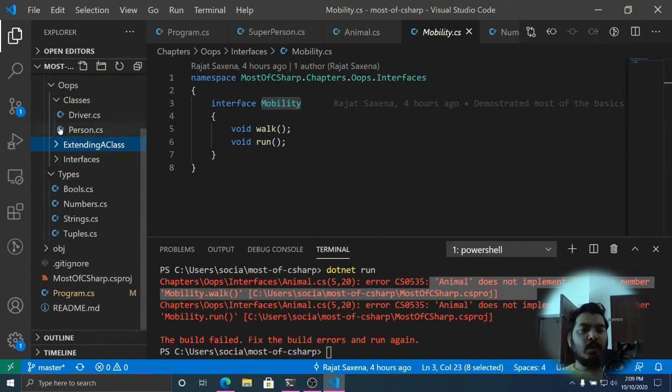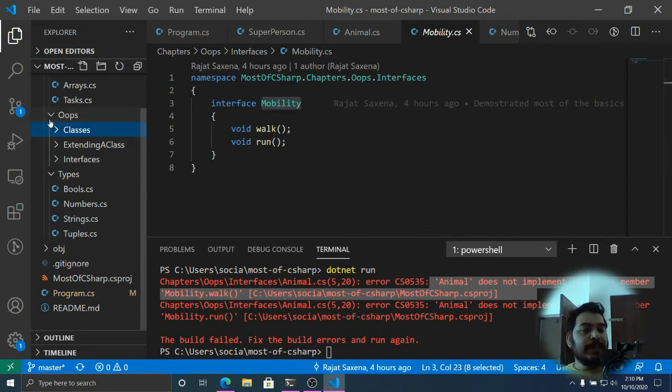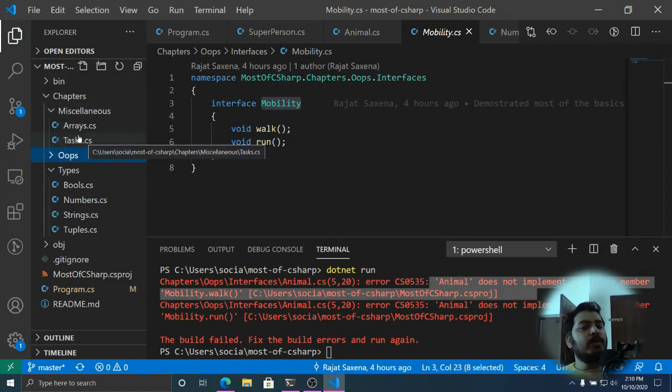So with this knowledge, you will be able to create classes, create interfaces, and create child classes, and do various stuff that is related to object-oriented programming. And the intent is to only show you the basics so that you can just get by and be productive from the get-go. It does not cover the advanced stuff, like reflection and all. So that concludes the object-oriented programming part. Let's move on to some other parts like arrays and tasks.